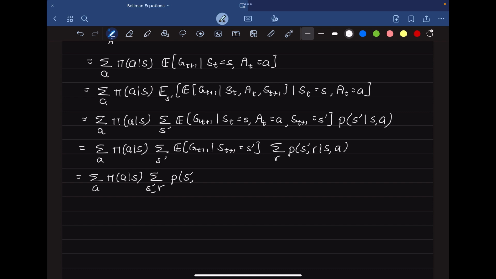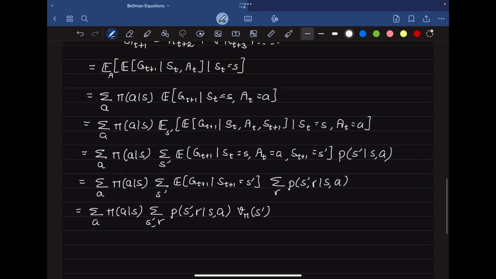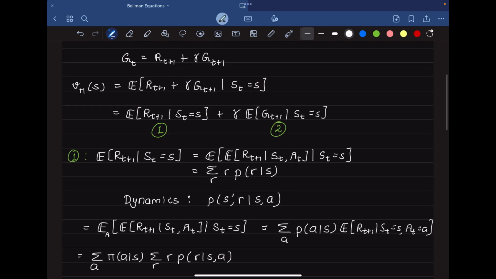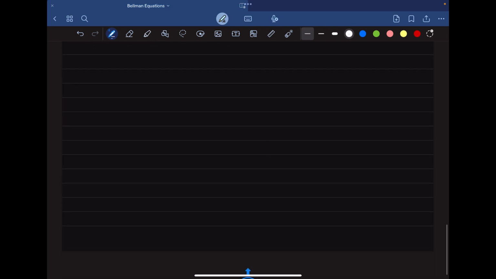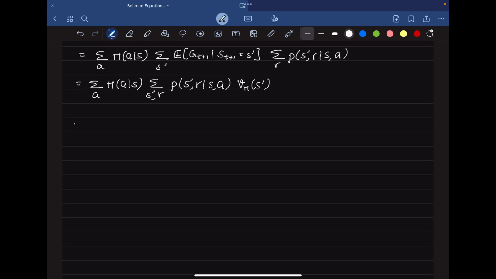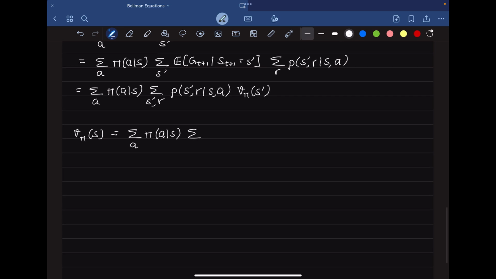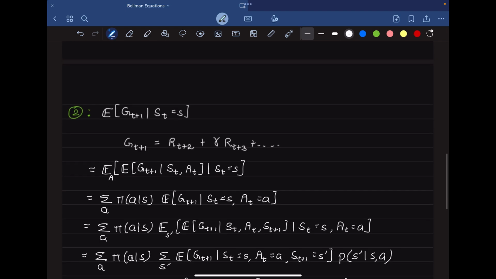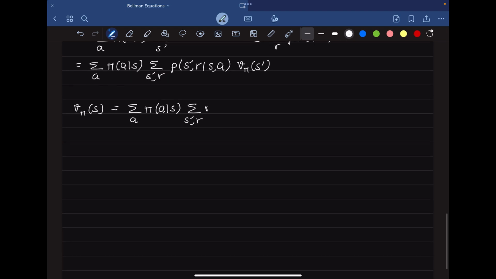Probability of going in this next state and getting the reward R times the state value function for S prime. And so now we have solved for both the parts of the equation, and so now we can just add them up and multiply the second part with gamma, and what we will end up with is v pi of S is basically summation over all the actions, and then we had R times probability, plus gamma times